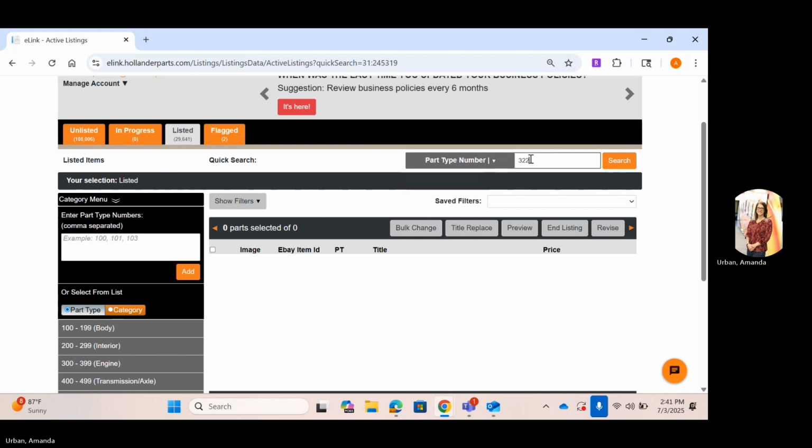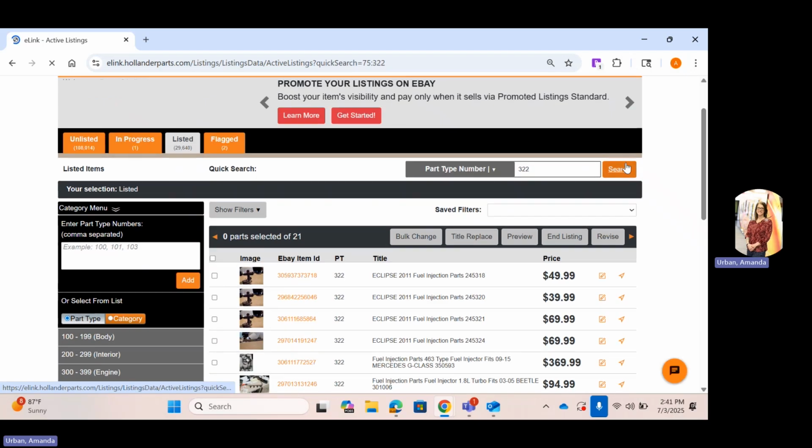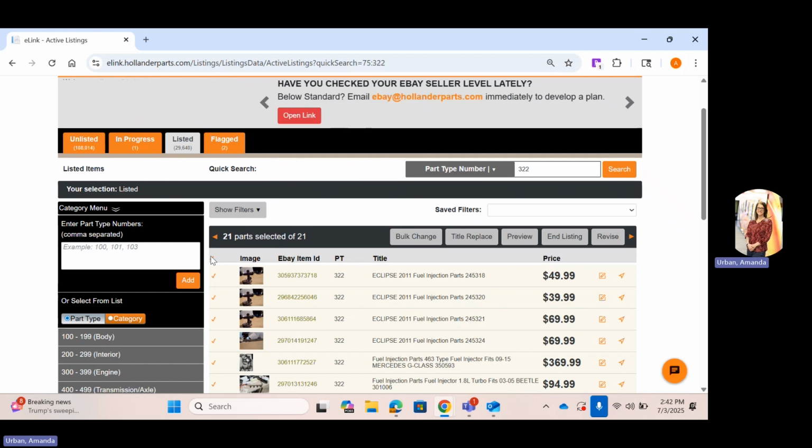So since one of the 322s was incorrect, I might as well just make sure that all of mine are properly categorized. So I'm not even going to worry about going in and seeing which ones are improperly categorized and which ones aren't. I'm just going to bulk change all of them. Now, if you already have item specifics selected, you'll want to think through this and determine whether or not you want to bulk change, because keeping in mind that if you bulk change it to a new category, it's going to wipe out the old item specifics. So if I have, let's say, 15 of these that are in the proper category with item specifics attached,